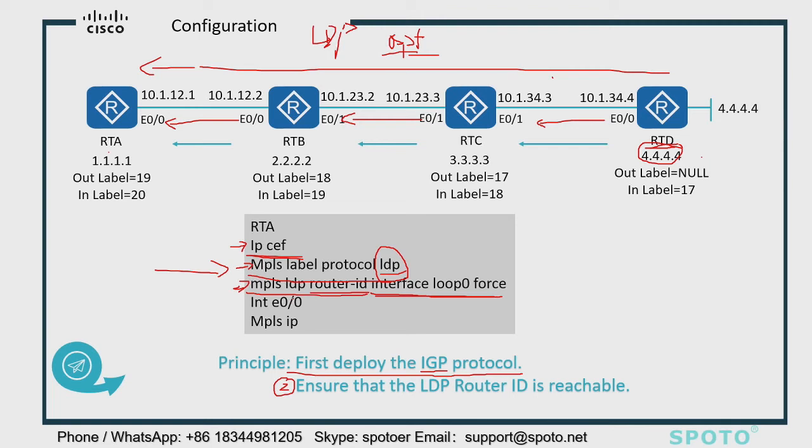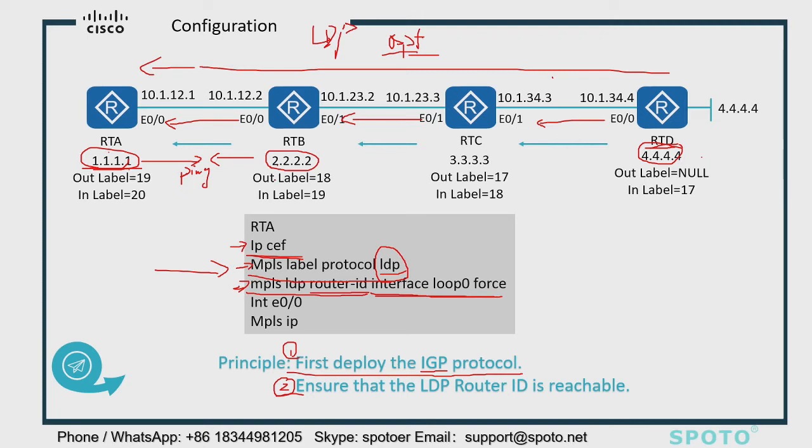It means if you configure the router ID of RTA as 1.1.1.1 and the router ID of RTB as 2.2.2.2, you must be able to ping these IP addresses. They must be able to communicate with each other, okay? So the first step, you must advertise this loopback network segment, and then you can let the LDP router IDs communicate with each other. So these are the two key points when you configure the